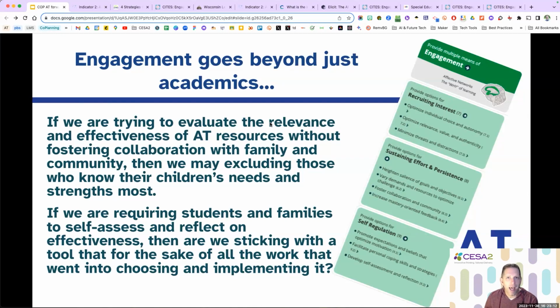They're not using it at home, and they might just be using it at school just because